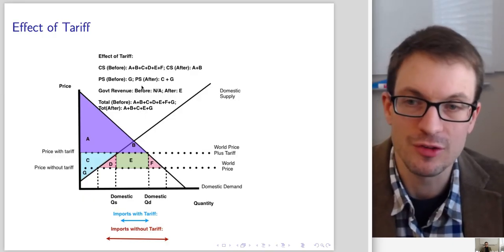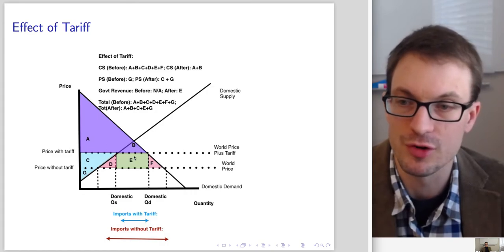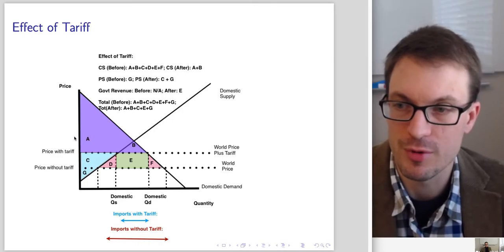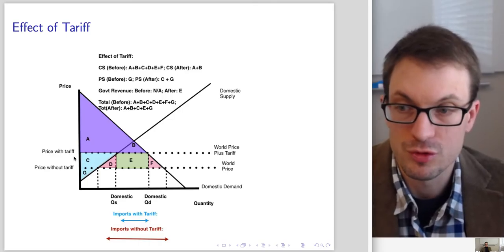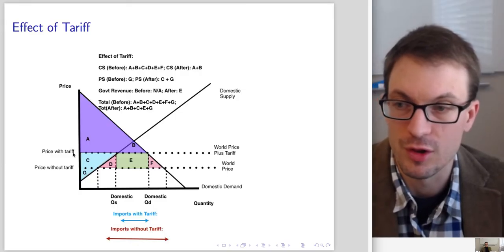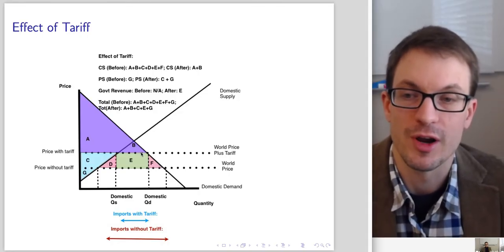So there's gains to trade. Trade with the tariff is better than no trade, right? We see that clearly. Here's no trade. There's no trade quantity right here. Here's the no trade price way up here. Trade with the tariff is better than that. There's a larger quantity, more consumers are served at a lower price. So trade with the tariff is better than no trade, but trade with the tariff is not as good as